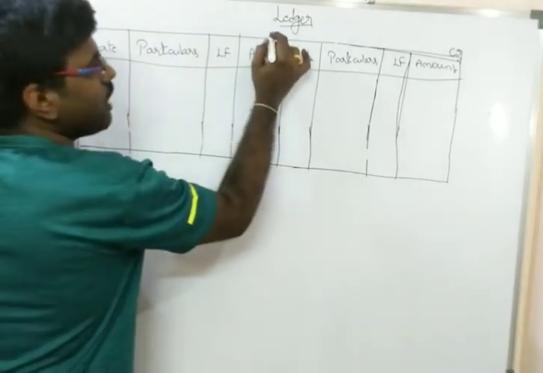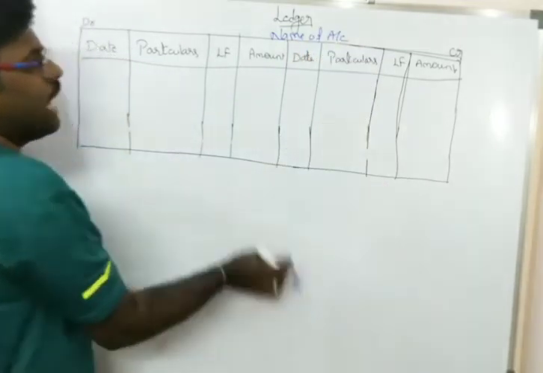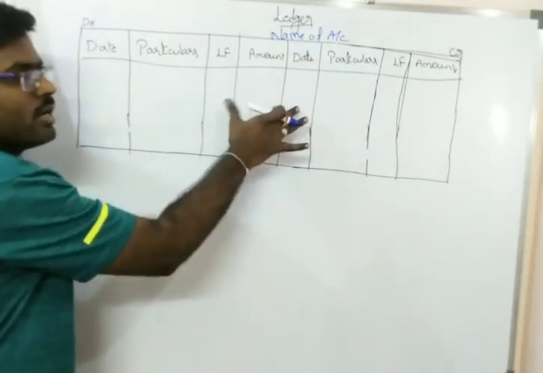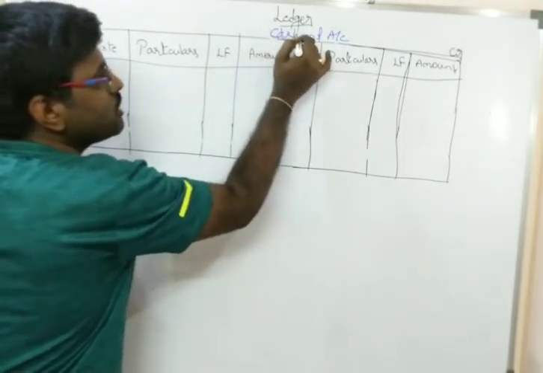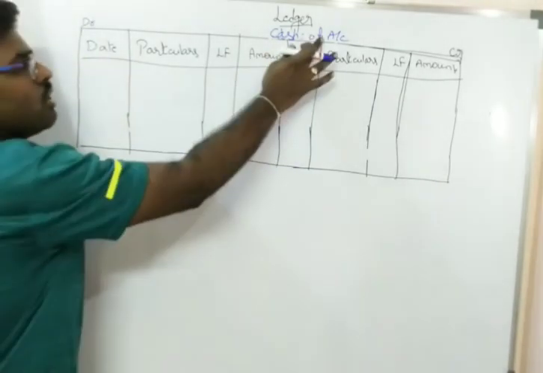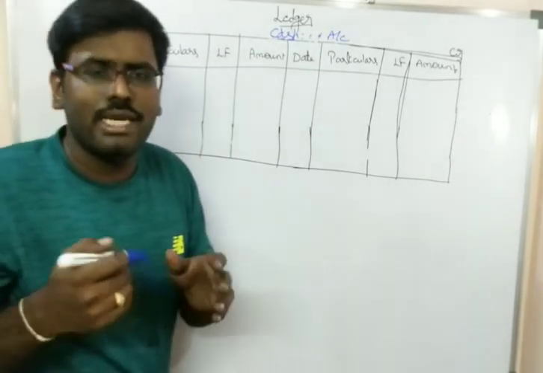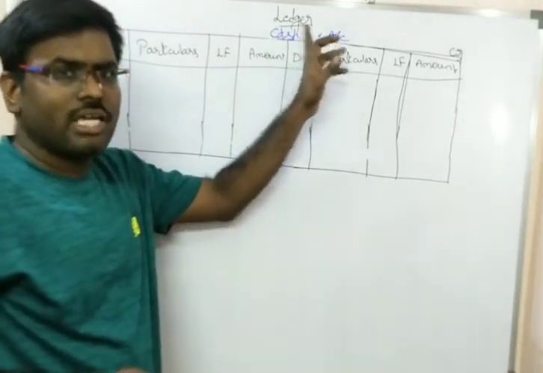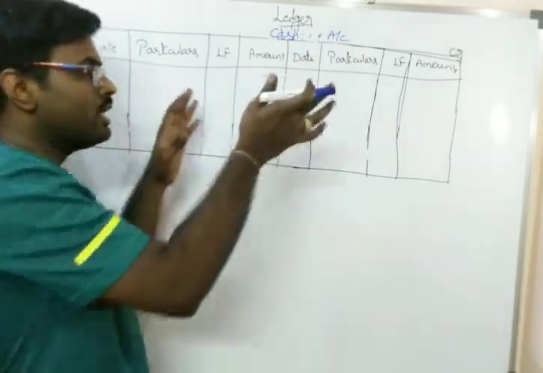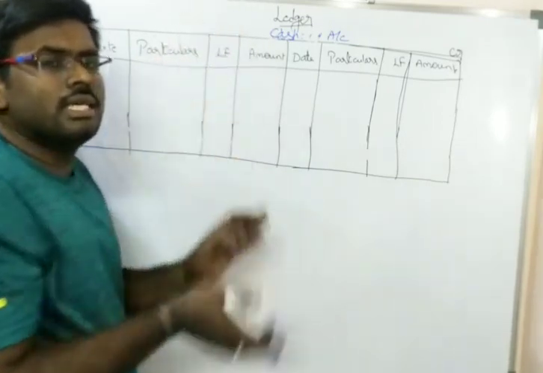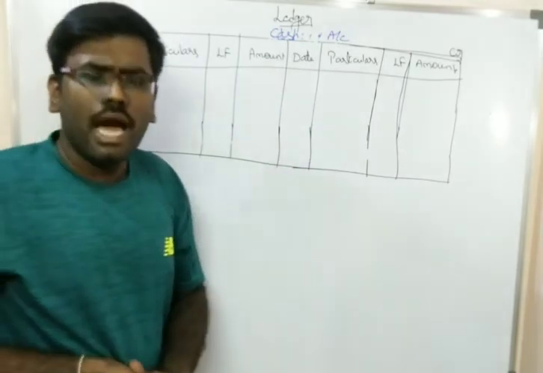On the top of the ledger account, we will write the name of the account and we will record the details of that particular account. For example, if you are preparing a cash account as a ledger account, you will record the transactions. In journals, all the number of cash transactions you are having will be brought together and we will record them under the ledger account. That is the process we will follow under the ledger accounts.